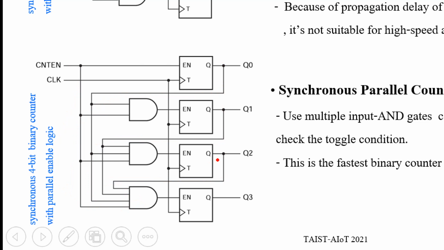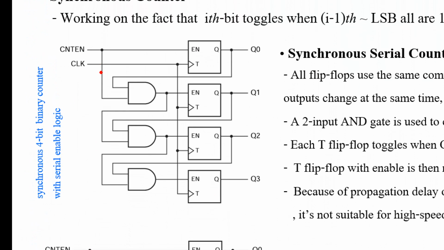Okay, but the top one, Q2 and what? And the output of this AND gate, and this AND gate you AND between Q1 and the